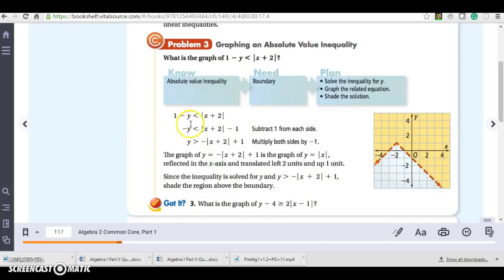And so what I'm going to do is subtract 1 from both sides. And then I'm going to divide by -1, and my inequality will flip. And that gives me y is less than the negative absolute value of x plus 2, plus 1. And so when I graph it, I can use my calculator to graph it. So I'm going to go to my free graphing calculator at